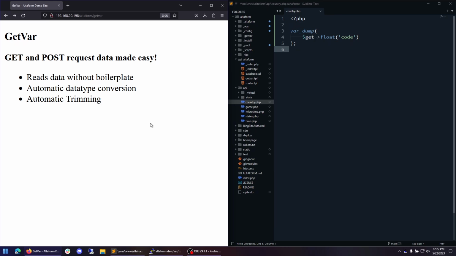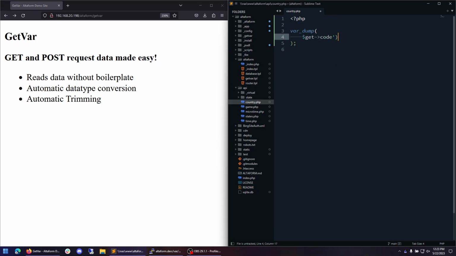By default, Altaform will trim white space at the beginning and end of an input. And this becomes very handy because users oftentimes are copying and pasting data from one place to another. If they're copy pasting from a table within a web browser, they may copy over a tab character or an extra space character, for instance. We usually don't want those in our input.